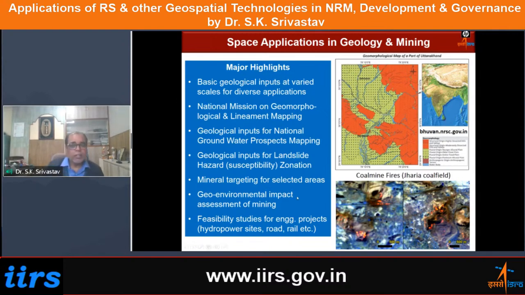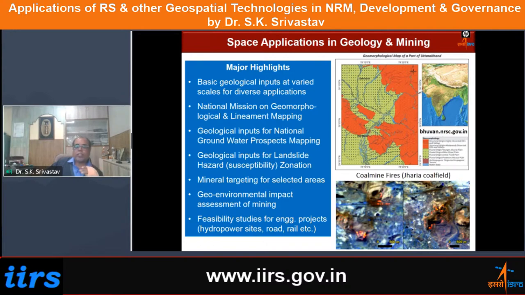Then another important application is landslide hazard zonation or landslide susceptibility zonation, particularly in hilly or mountainous terrain. This problem of landslides is very common, especially in the monsoon season. There have been initiatives earlier wherein remote sensing datasets have been used for mapping the basic geological parameters and other related parameters, which are then integrated to prepare maps showing which are the vulnerable zones, which are the more susceptible zones, which are the less susceptible zones, which are the moderately susceptible zones, and so on.